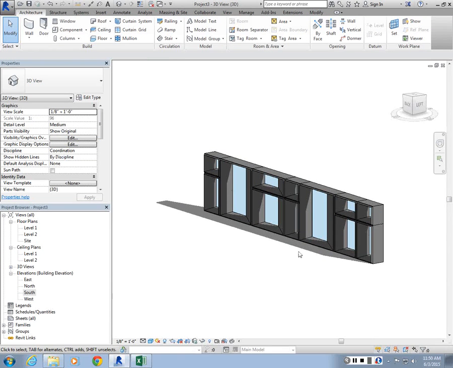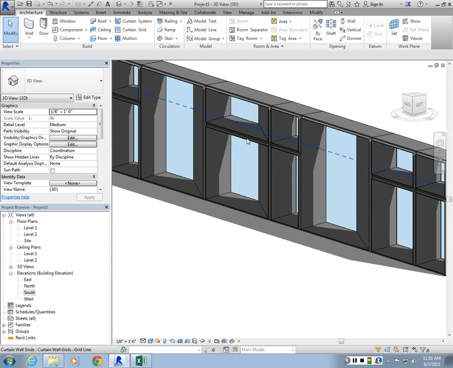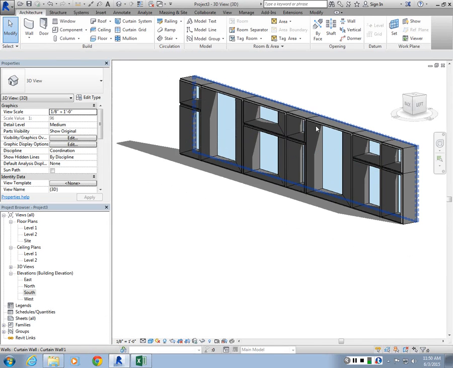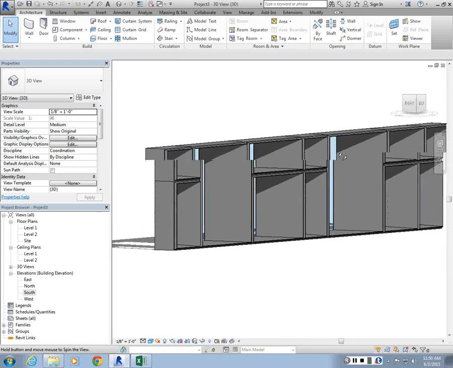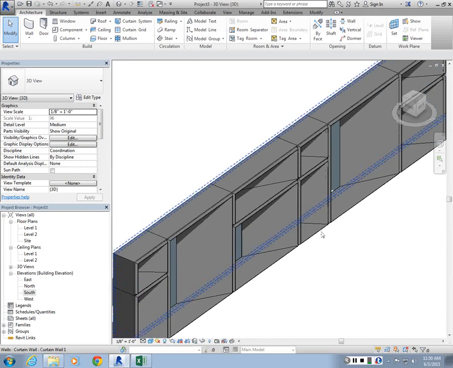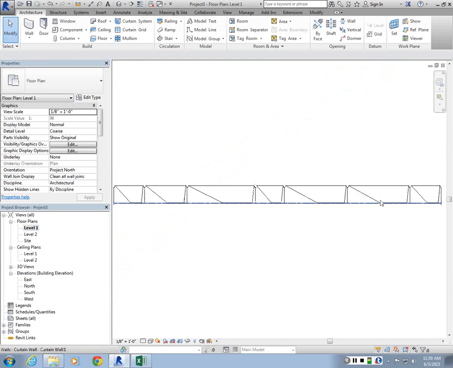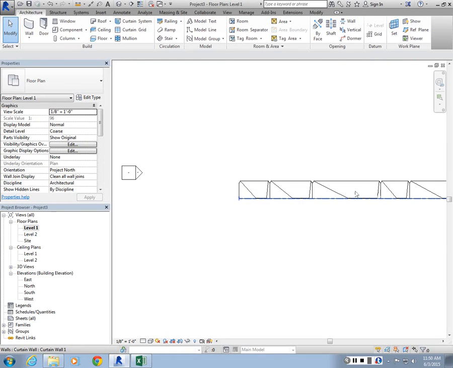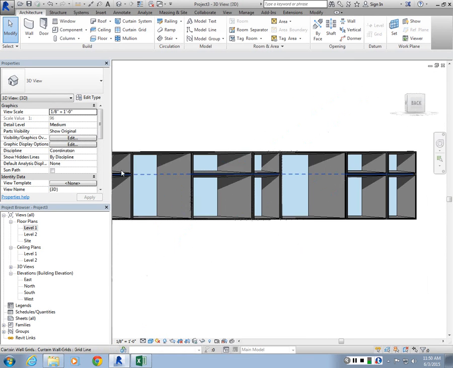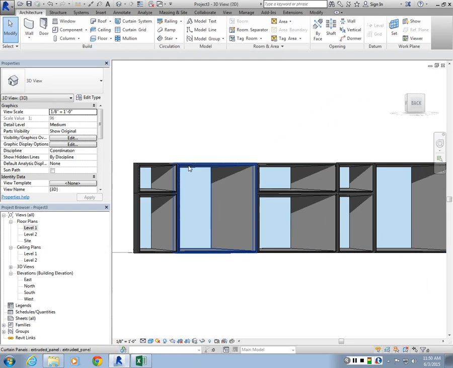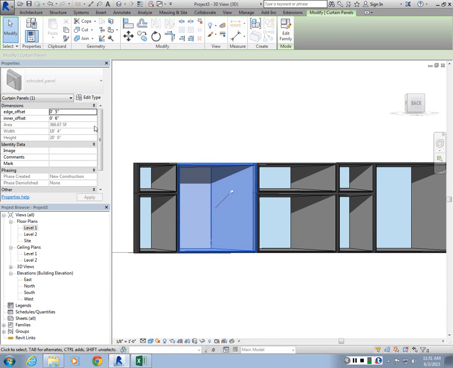Right? Because the sweep blend profiles are snapping to that geometry. So it could be more of a volumetric panel. And if you look at it in the plan view, you can also see how that geometry behaves. Now what I want to further do is show you, I can choose some of these, and if I go